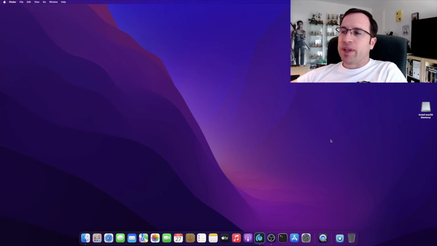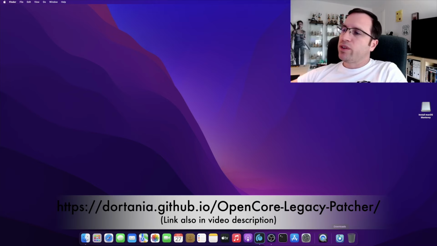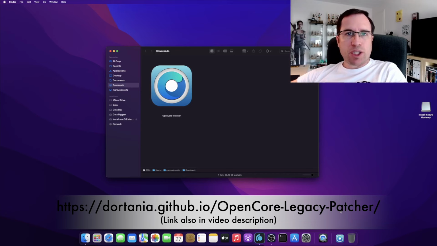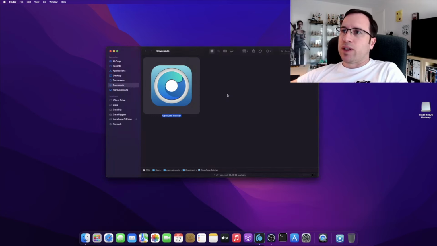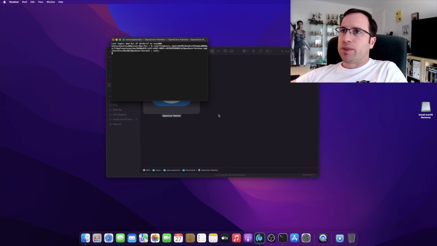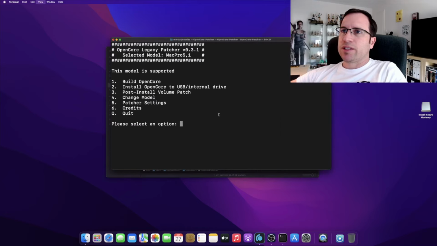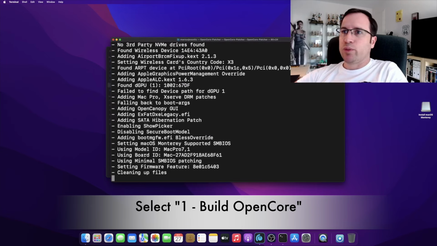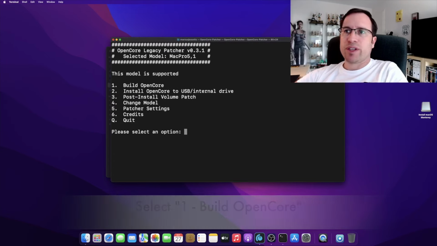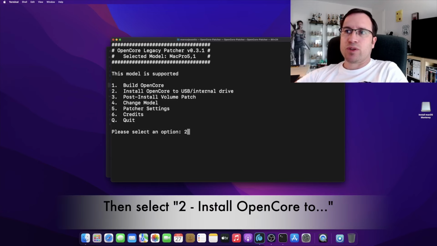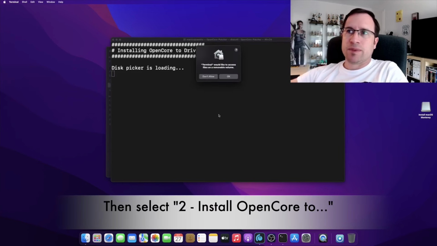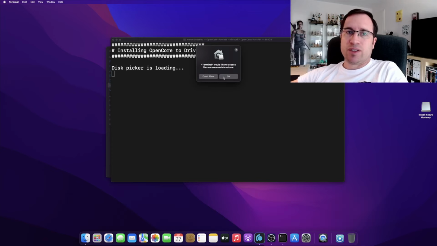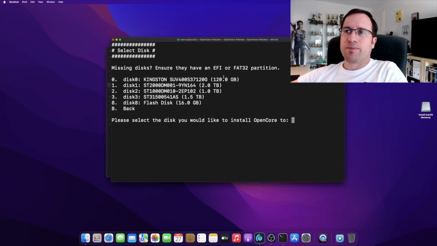The easy way, you just again download the OpenCore patcher, start it, say open, and then let me just enlarge this again so you can read it. You say again, as we did with the USB drive, build OpenCore, so it downloads everything, and then you say install OpenCore to USB or internal drive, and then it would like to access files on this volume, you say OK.